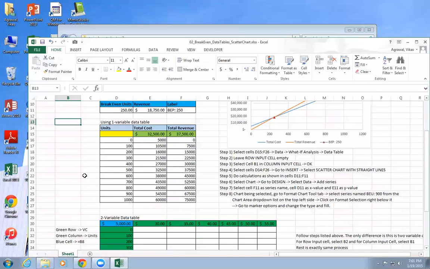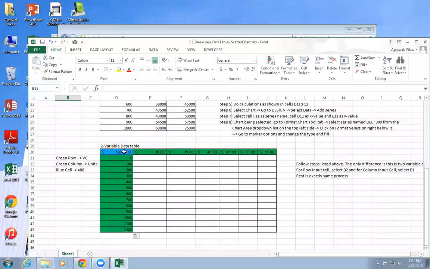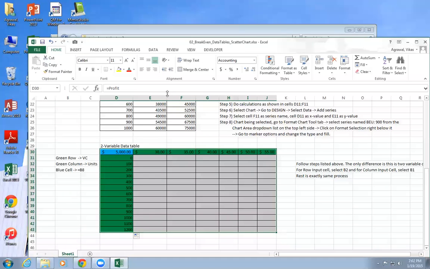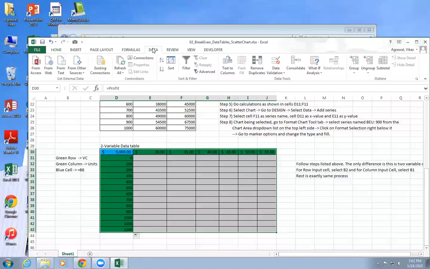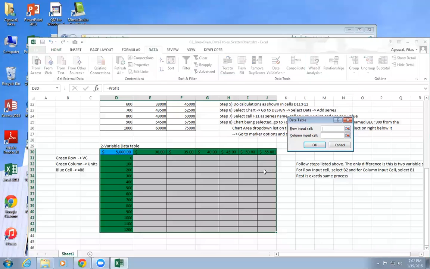Okay. So now what we have to do here is select this entire data table, go to Data, What-If Analysis, Data Table. In this case, we have to have a row input cell.